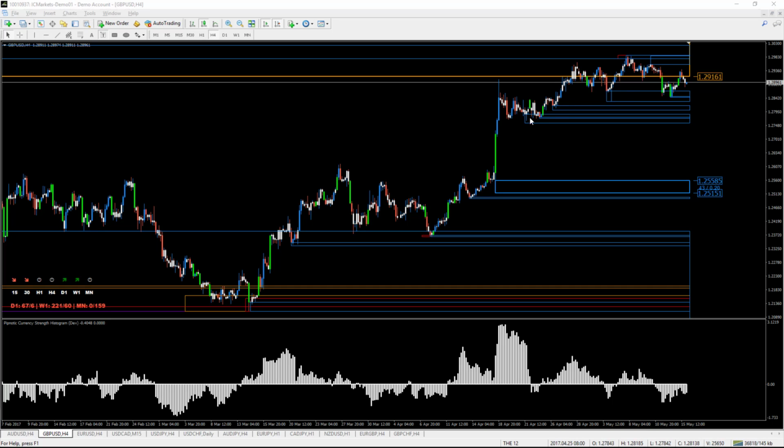So price is kind of moving up, we're forming this top, and the strength is moving down like this, and so it's just an incredible filter for exactly that. You can see here as well, we have a low, a lower low, but the histogram is not supporting it. It's telling us that it's probably not going to continue. And eventually price managed to come